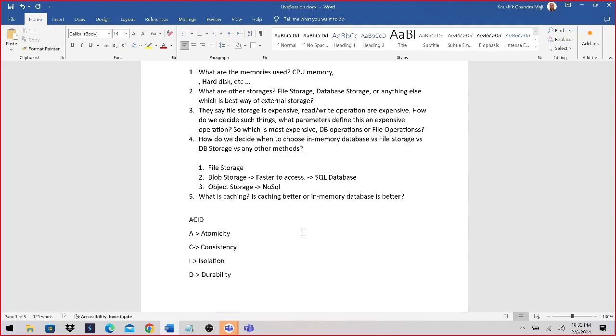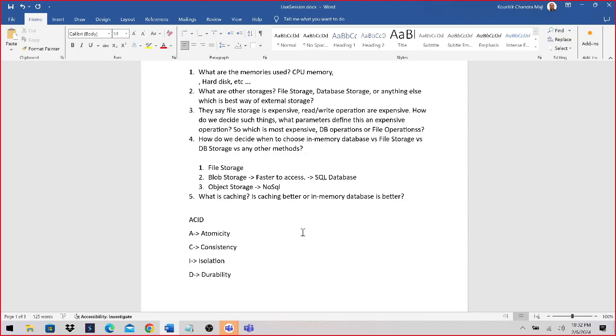It differs from scenario to scenario. Suppose some master data, right? When you create any application, some data is master data which doesn't change frequently, or some data is common for all the users. And whenever a user logs in or goes to multiple different pages in your application, that data is